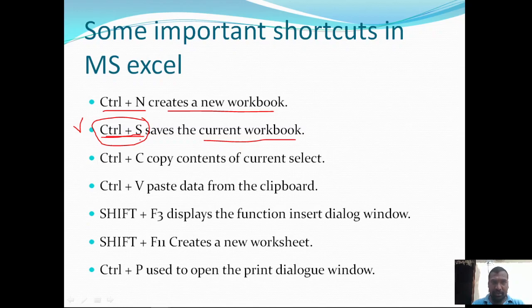So you need to give the location where you want to save and the name of the file. If you are using an already existing, already saved workbook, then there is no need to give the name or the location. Just press the Control S button whenever you perform an update operation.